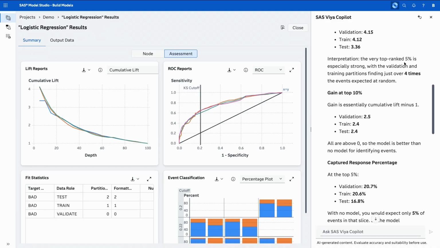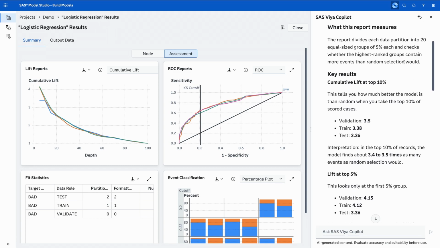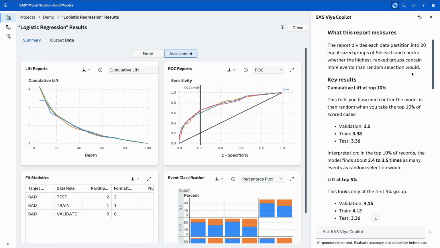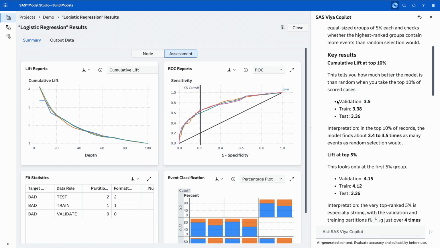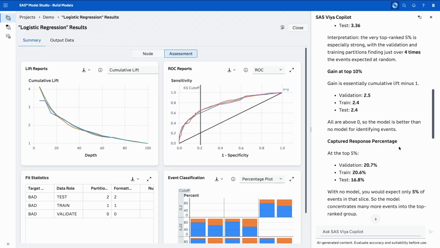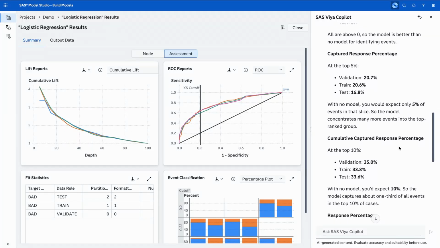Now the great thing about this is, of course, because it has access to the lift chart itself, it will actually pull out specific values from it. It's not just a general explanation of what a lift chart is, which it could do. It has also pulled out specific values from my data and actually laid them out here. I can see that by it pulling out the validation, train, and test values. It even tells me which part falls into the different buckets of the lift, whether that's the top 10% or the top 5%. There's even more information down here about other pieces that it captured, because there are multiple different types of lift that we're showing in here.